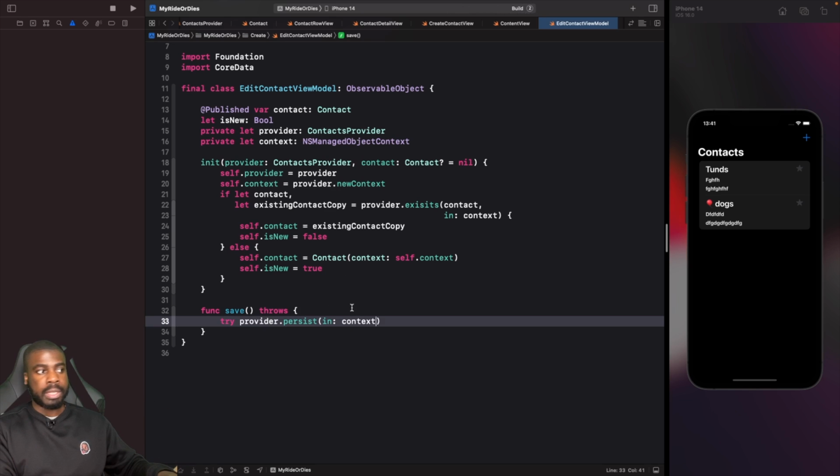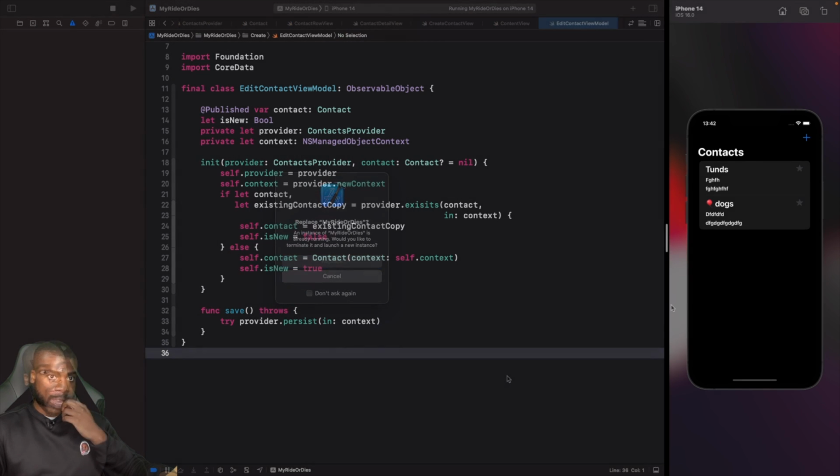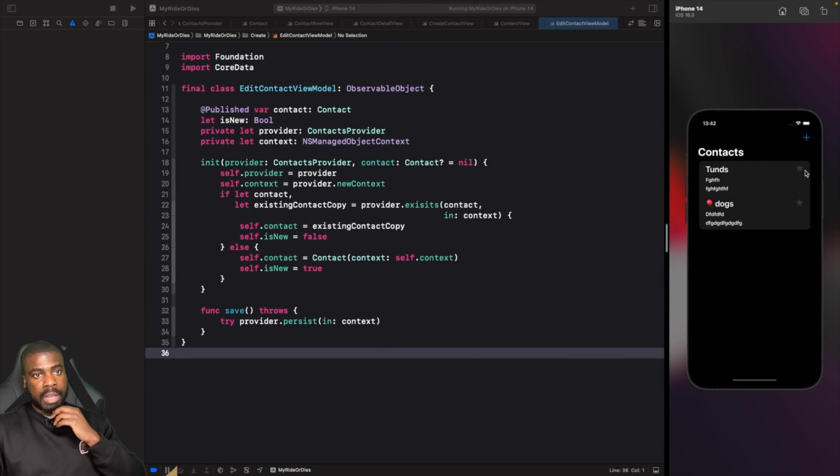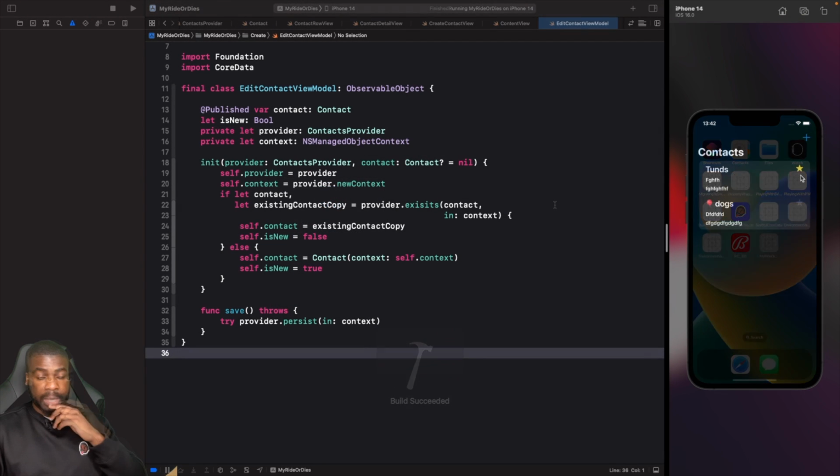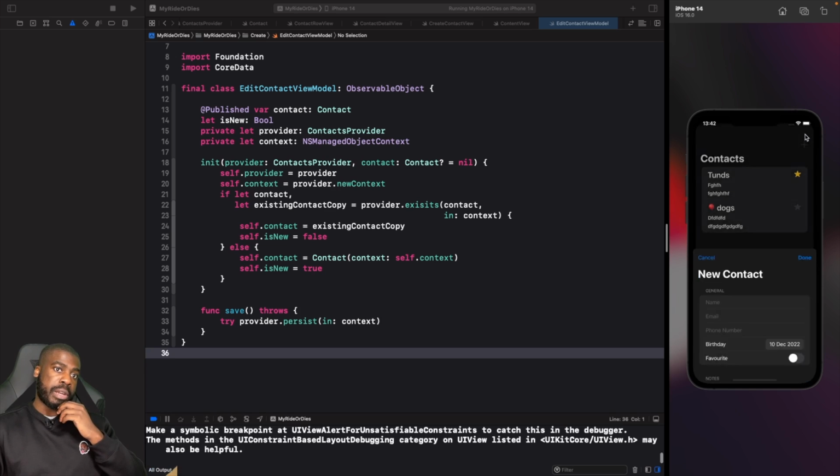So let's actually just build this and see what happens, and we should get a build succeeded. So just to make sure that this works fine, what we're going to do is actually just run this, and you should see that the data looks fine. I can actually favorite and unfavorite, and if I just run this again after favoriting someone, you can see it persists that. I can create a brand new contact,